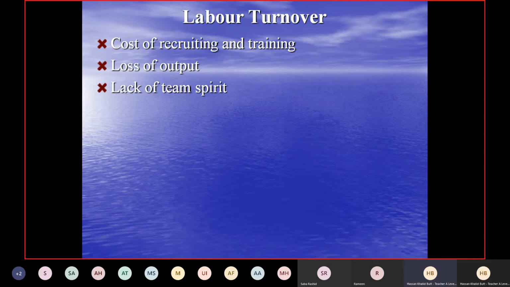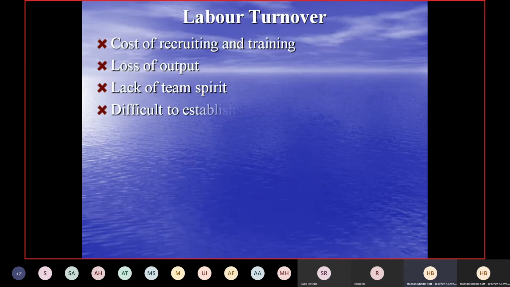They become part of a team and then they leave. So obviously then everything will be in a mess. There will never be cooperation between team members because they do not know one another. So that would lead to low team spirit, and eventually the team won't be able to achieve the target set by the organization.